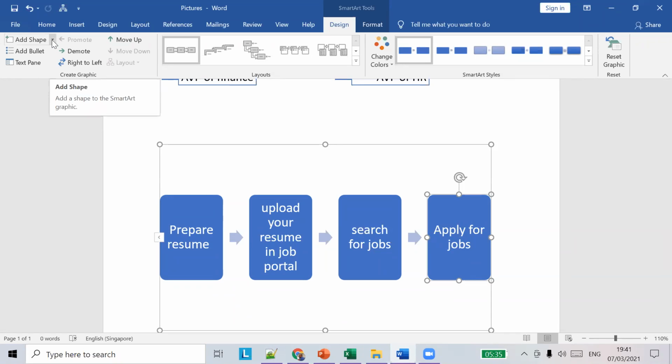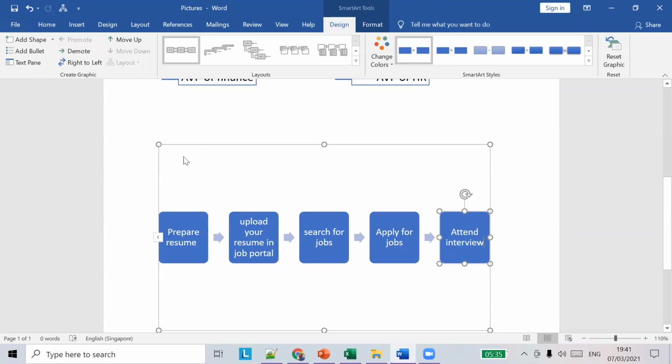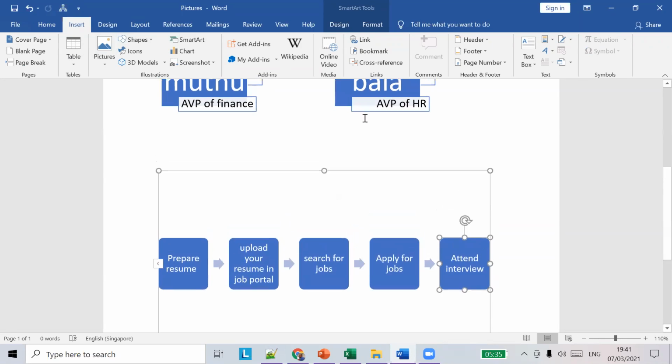Add shape, attend interview. Then you have to join the job. That's it, right?